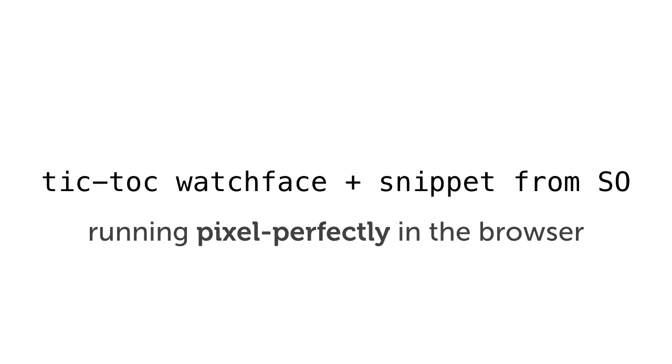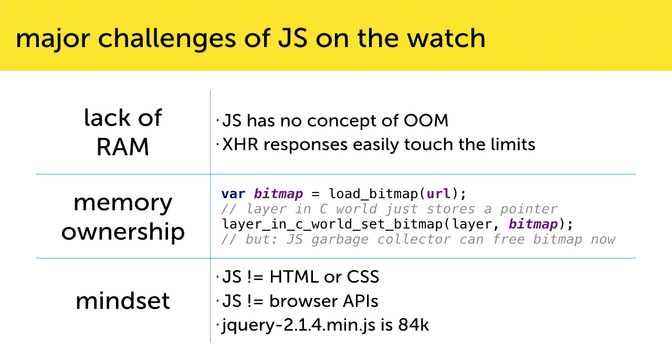We have JavaScript, we have the turnaround cycles, everything is achieved, but we have a couple of challenges. Basically, the main three challenges we identified is we have a lack of RAM, which basically means you cannot simply download the internet. Even going to Facebook to get your latest posts, I measured that is around 12K worth of JSON alone. So it will be very tricky to do that. Or memory ownership, and I don't want to go too much into that, but it's basically C doesn't have knowledge of any garbage collector, so it's very hard to bring JavaScript and C together if you have a rich object-oriented API. And then last but not least,